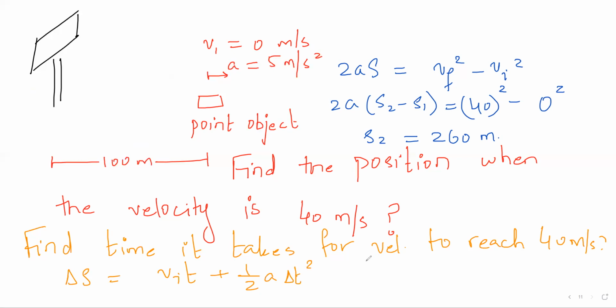and that is delta S, 260 minus 100 meters, is equal to 0 plus half a t square, and your delta t comes out to be, you can do it. How much? 8 seconds, right? Delta t, or t, comes out to 8 seconds. I intentionally did it because if you keep on going for complicated problems,